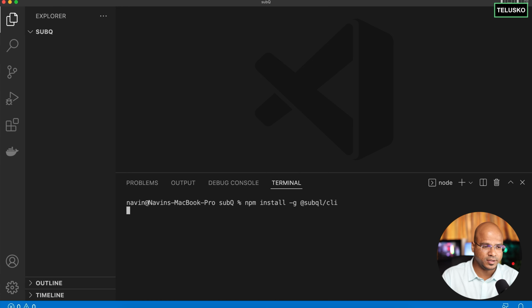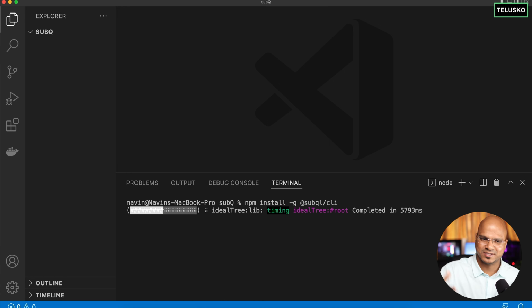Now, the moment you do enter, it will download it. In fact, in my machine, I already have it. I'm not sure if I get an error, because it might say, hey, you already have it, why do you want the same software multiple times? But in case you get a new version, because I installed it last week, there might be some new updates. So it's installing, let's wait for it, and we'll resume after this.